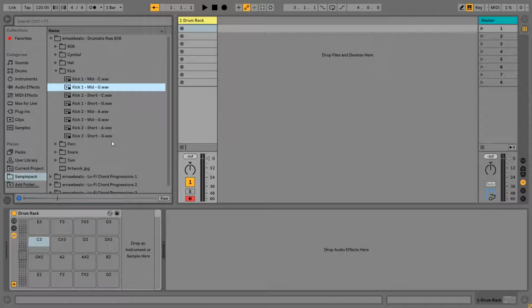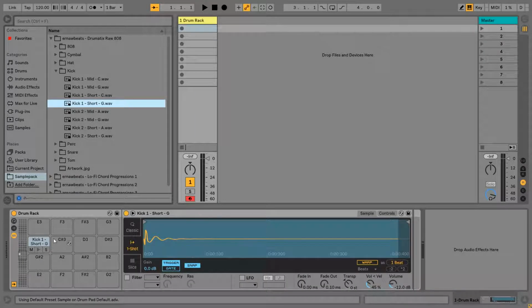For a trap drum, I would recommend using a short kick. So let's start with this one. We can pull up the volume since it's really low, to around -6. If I now press A on my keyboard,